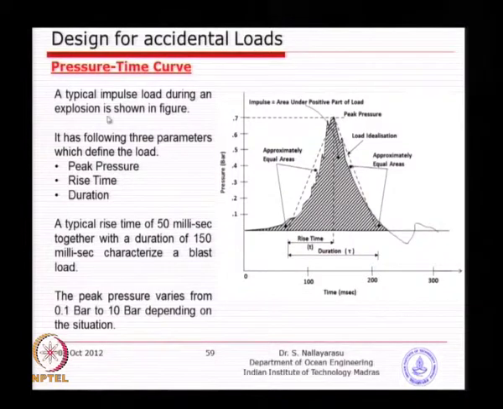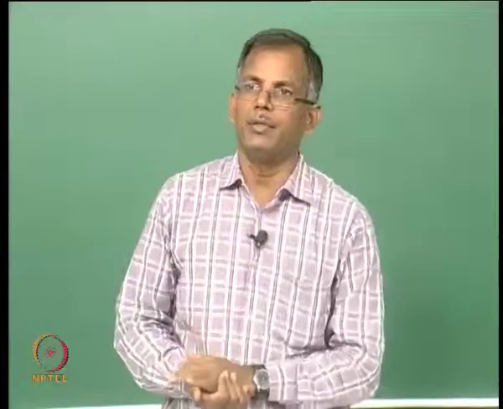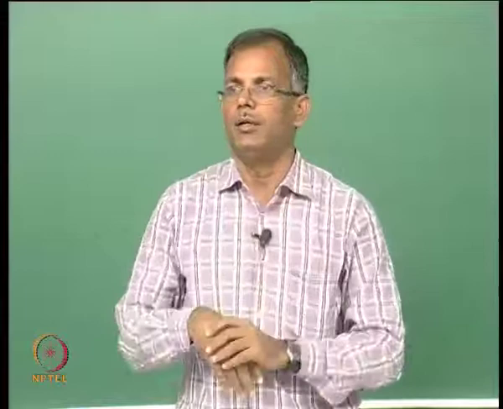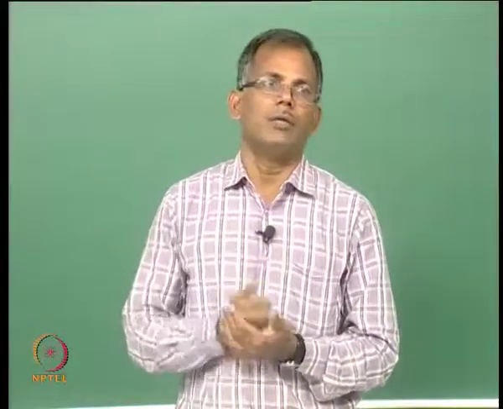So, the three parameters: one is the peak pressure, basically the value of the peak, which could be at the center or off the center, because it is not necessary that you will get a nice symmetric triangle like this. Then the rise time, in this case 50%, just basically half of the total time, and the total duration of the pulse. These three parameters are required so that we can go back to a mathematical model, use the dynamic equation, substitute the loading and find out the structure response.